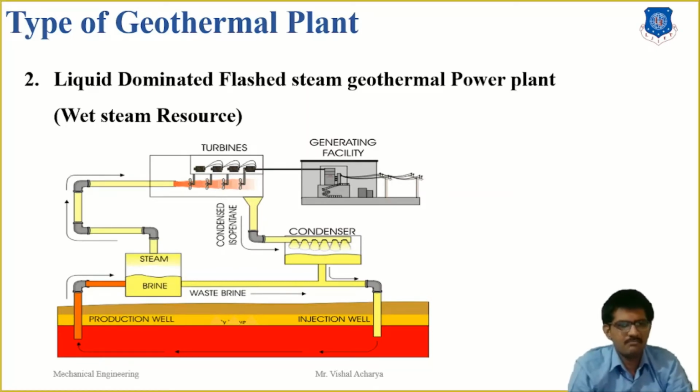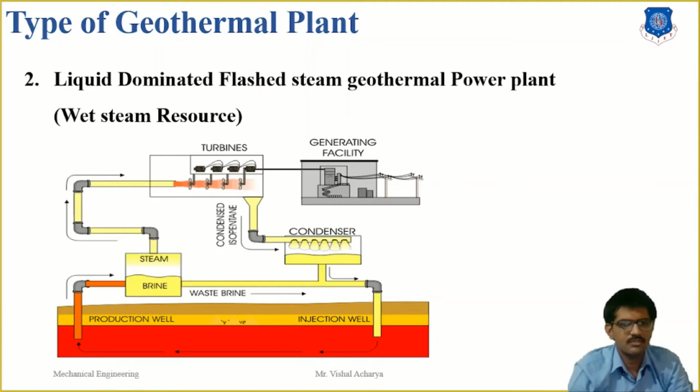In the flash steam power plant, high-pressure hot water from deep inside the earth is taken out and collected in a steam separator. This high-pressure hot water comes to the surface on its own, and the pressure keeps decreasing as it moves upward. This allows the hot water to get converted into steam. Steam gets separated in the steam separator and turns the turbine generator. When the steam cools, it is injected back into the earth to be used again.